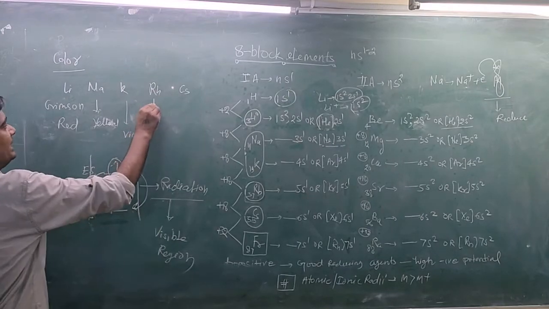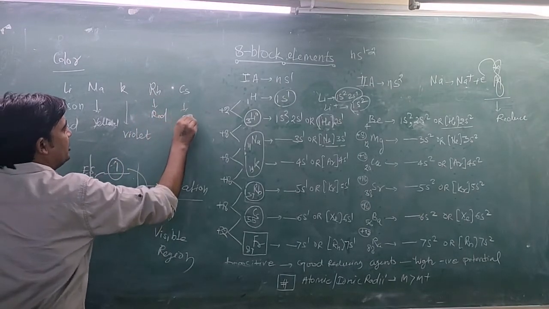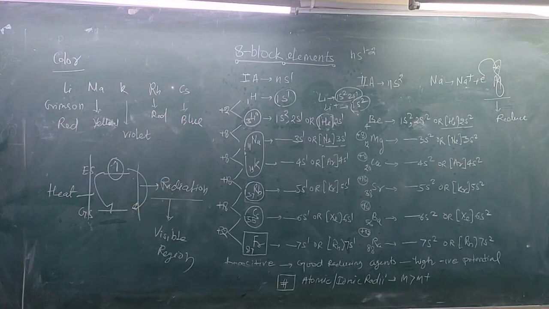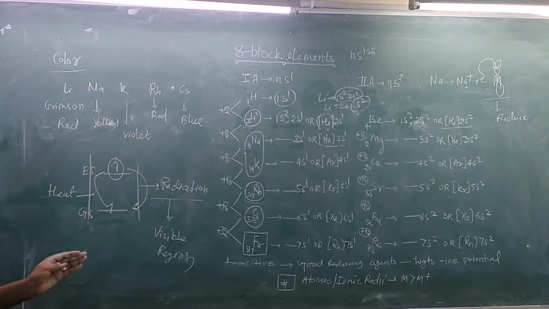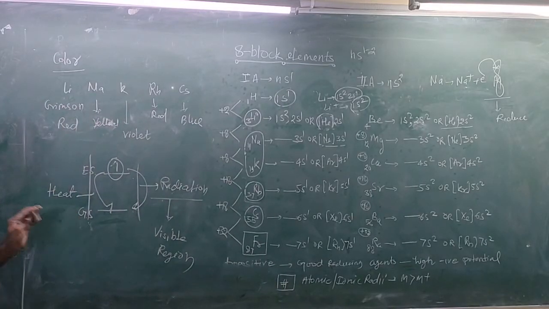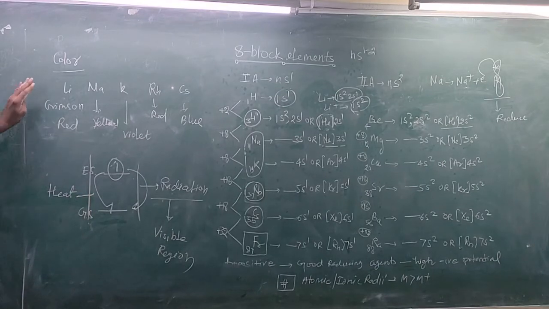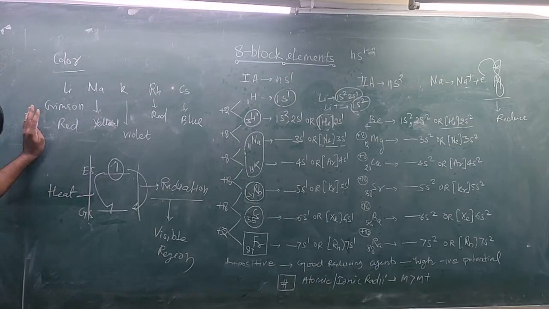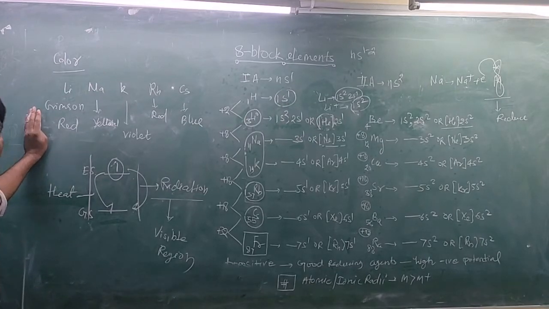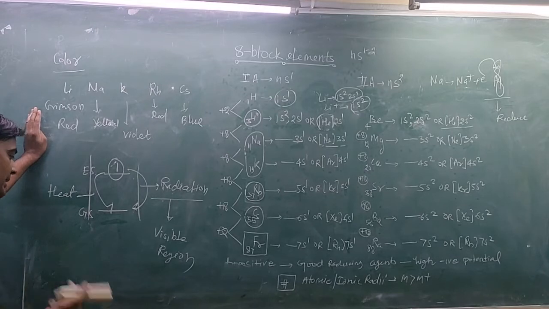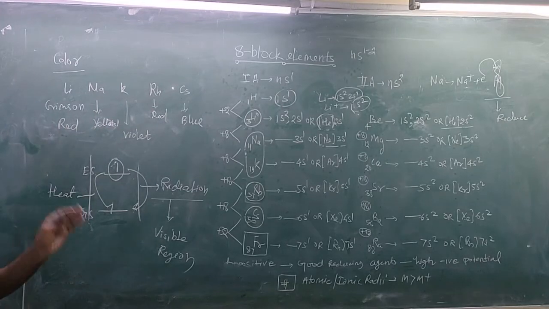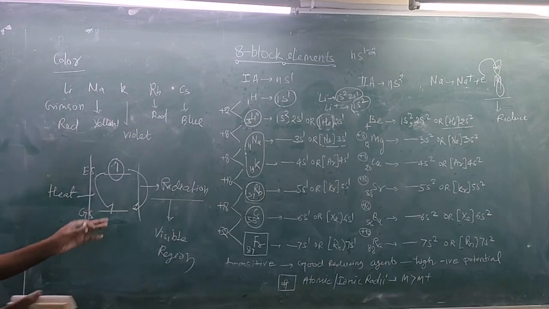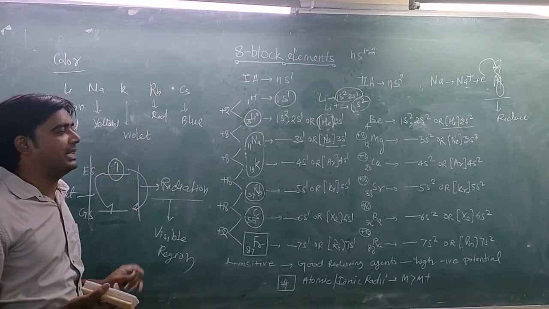This one is red color and this one is blue color, so you need to remember these colors. On the basis of color identification, we can identify the S block elements. This is the flame test. The flame is the oxidant flame which provides the energy. So S block elements can give a flame test, and on the basis of the color of the flame, we can identify the element, that is lithium, sodium, potassium. So this is all about some electronic configuration and properties of S block elements.